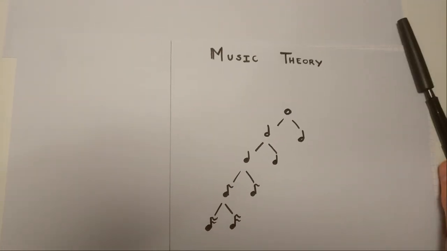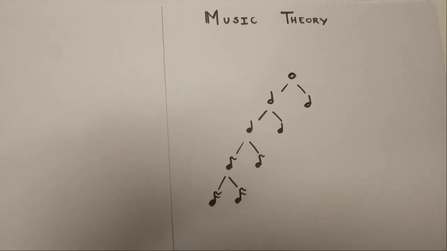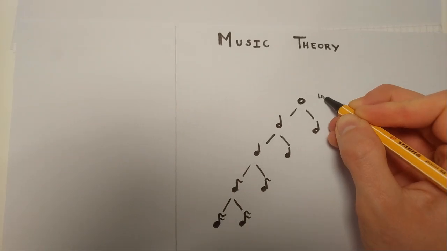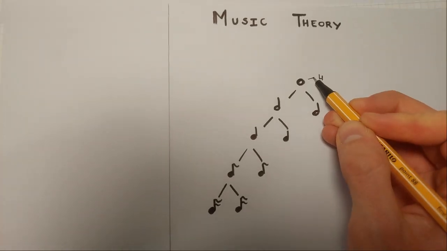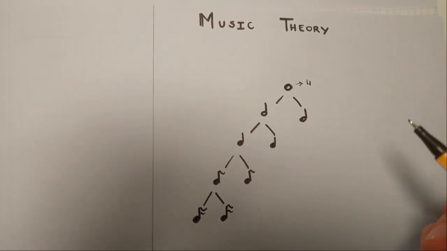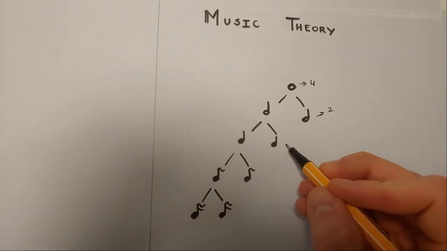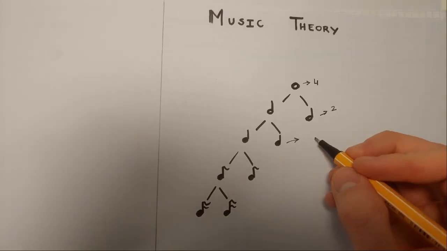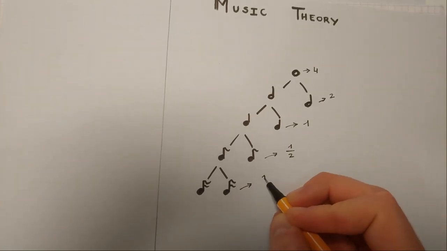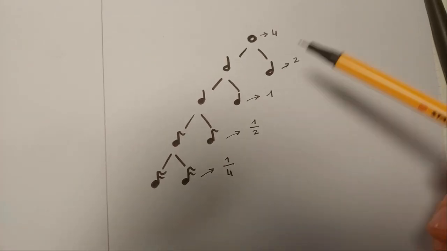So to each of these notes, we link a number. For the semibreve, we link the number 4. To this note corresponds the number 4. To the half note corresponds the number 2. To the crotchet corresponds 1. The quaver is 1/2. The semiquaver is 1/4, and so on and so forth. So we divide by 2 each and every time because